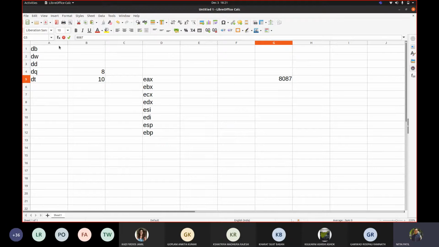When we talk about this co-numeric processor, they introduced a few new registers, given the names ST0, ST1, ST2, ST3, ST4, ST5, ST6, and ST7. These are 80-bit registers.